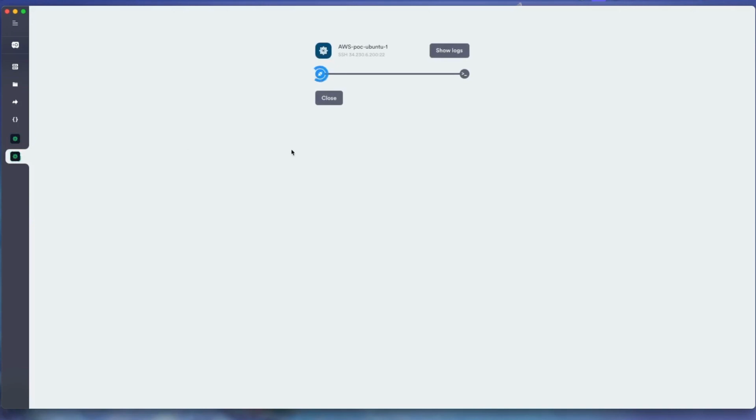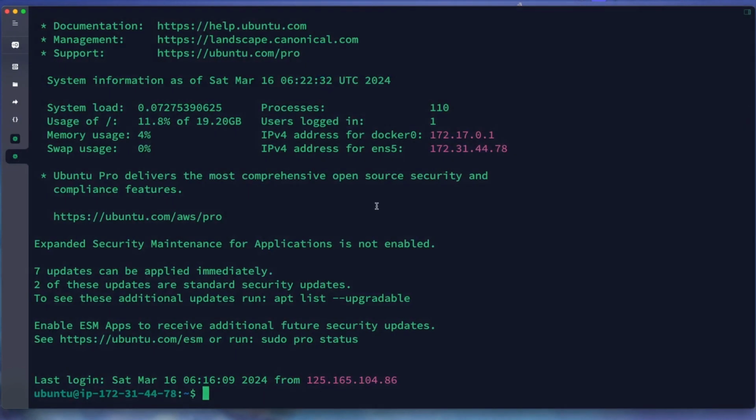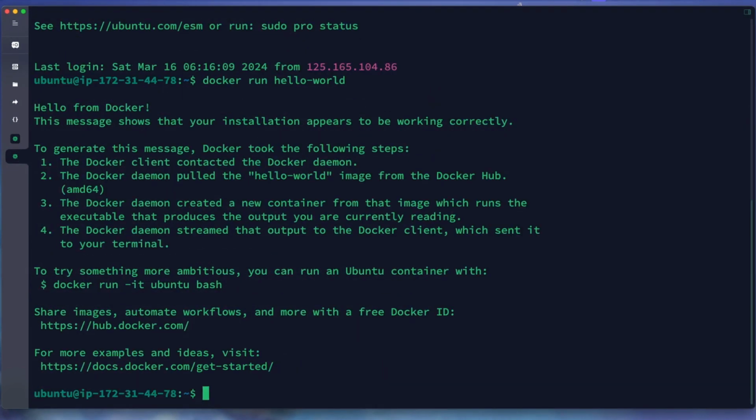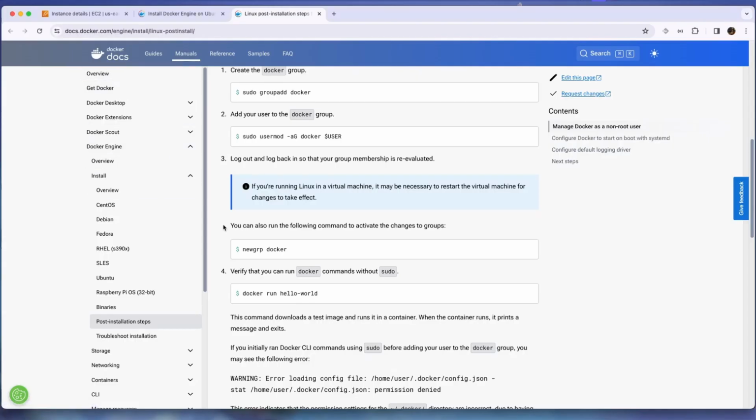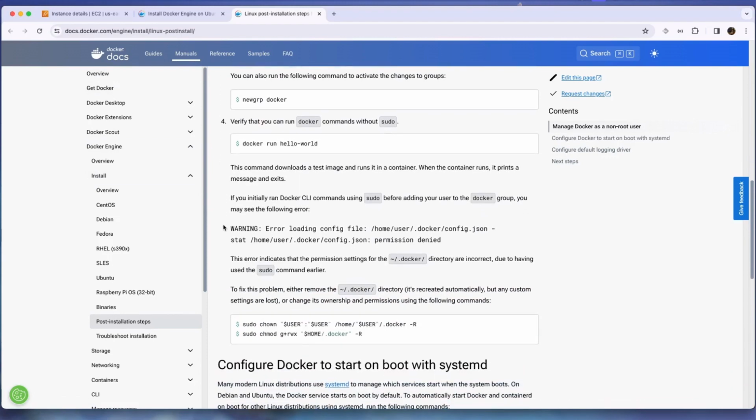We duplicate this one, add and continue. We paste again. Now we can run docker without entering the sudo command. It means that our user ubuntu has been added to the docker group. Okay, if there is an error,